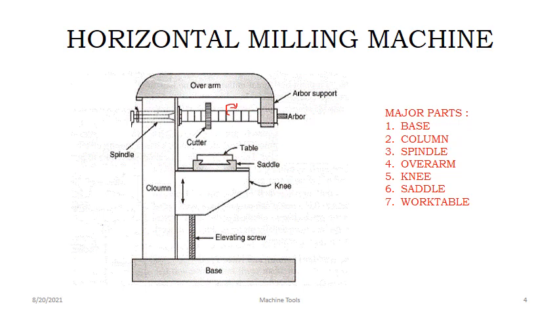The arbor has two ends. One end will be connected to the spindle. The other end of the arbor is connected to the yoke. The yoke is connected to support the overarm. This is called a yoke, or arbor support. Another technical name is yoke. Once the arbor is rotating, the milling cutter is also rotating, because the milling cutter is mounted on the arbor. That's why it is rotating.